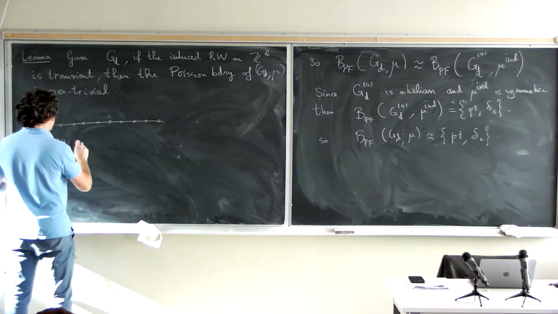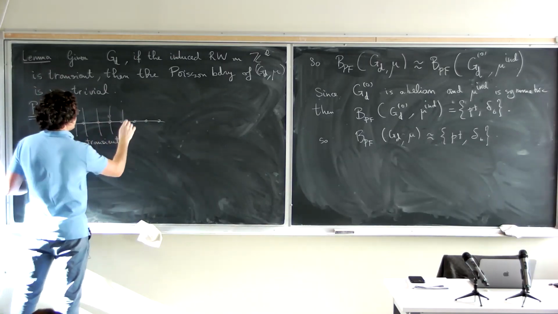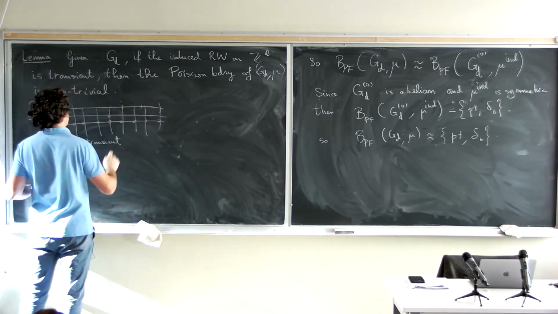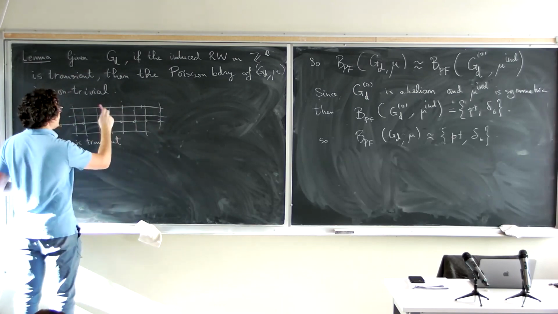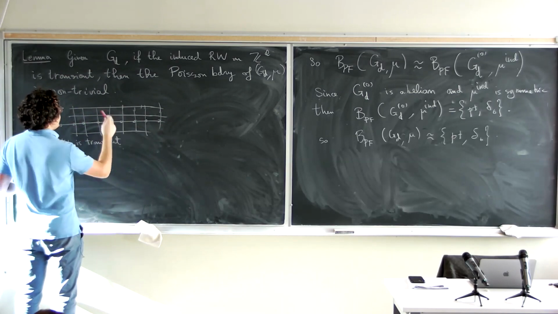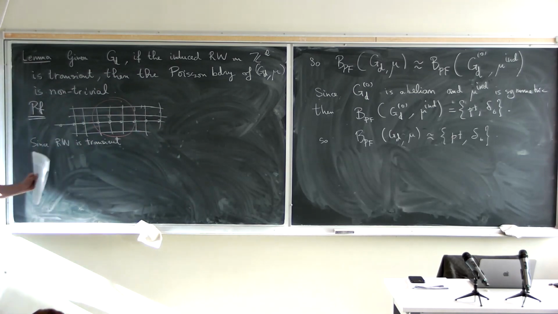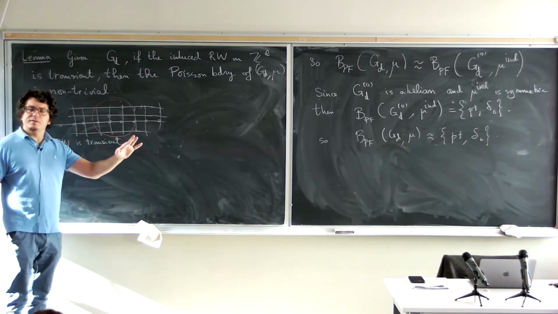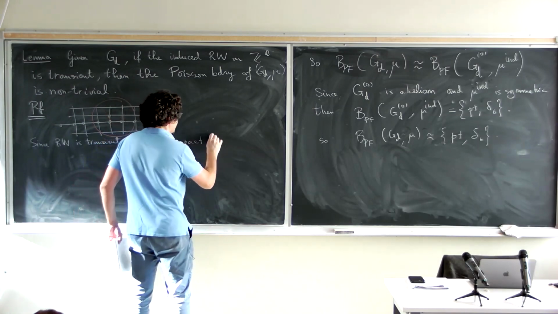Since the random walk is transient, okay, we need a high dimensional grid to make it more believable. So what you want is, you see, it's transient. So eventually, almost surely, it's going to exit any compact set. So almost surely the support of the lights will be stabilized. So for any compact set K inside Z^d,